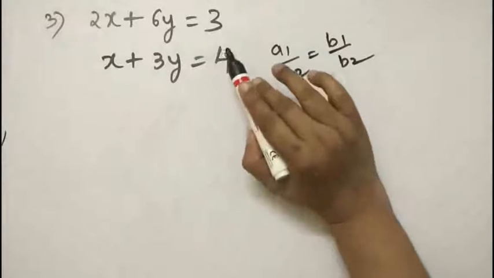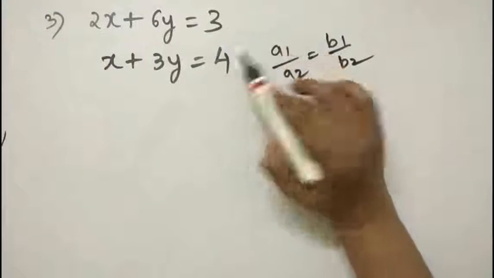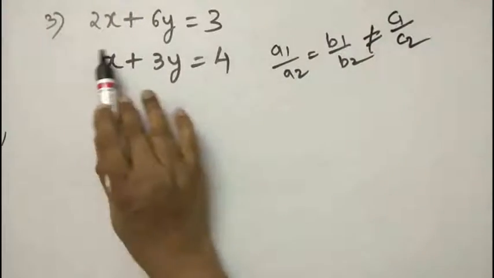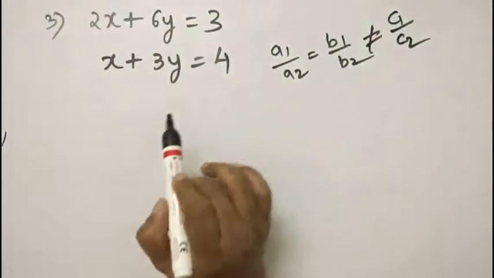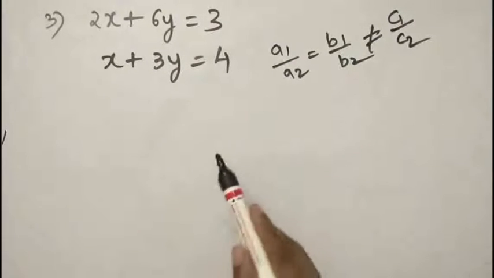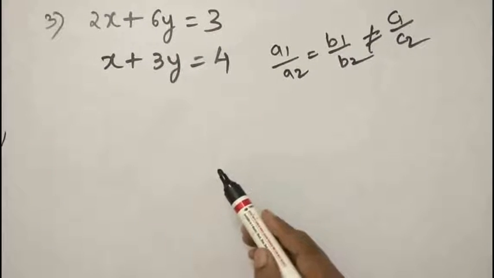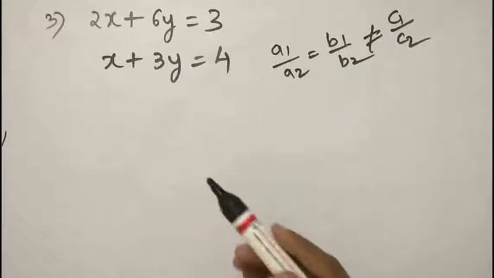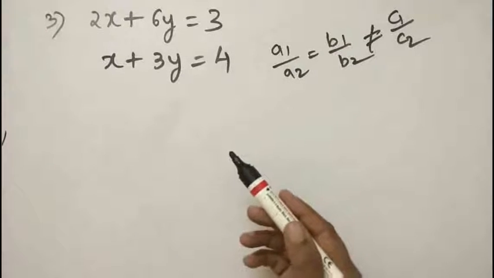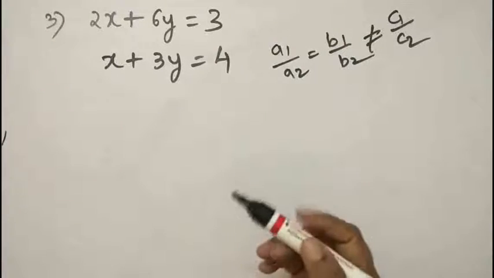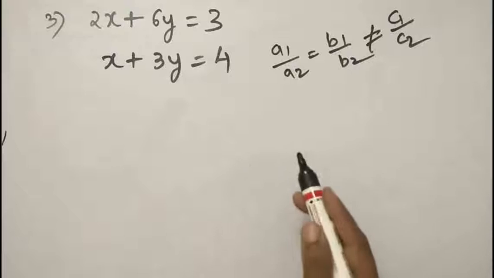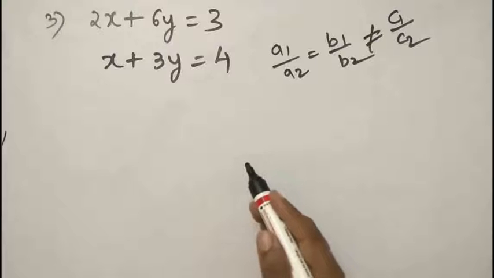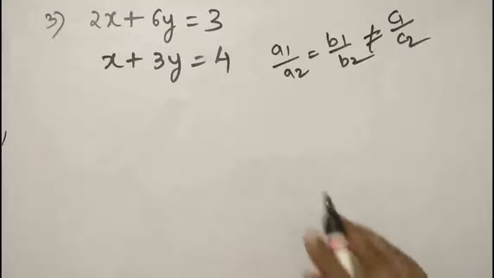When these two are equal, then we have to go to the third ratio. That is 3, here it is 3 by 4. So, these two are not equal to c1 by c2 here. Here 2, here 2, here it is 3 by 4. So, it is clear that they are parallel lines as we have studied before. So, parallel lines means by using the elimination method, if you eliminate the terms of x or y, you will get LHS not equal to RHS. Just as we have studied. Let us solve and study about the condition.